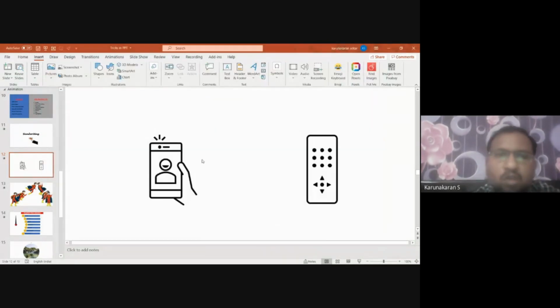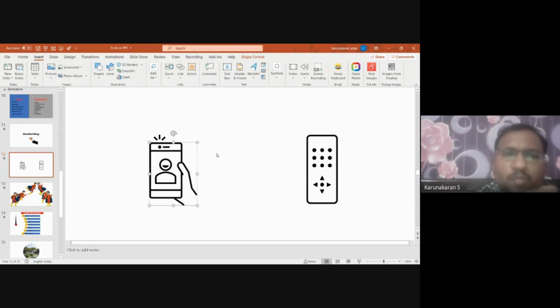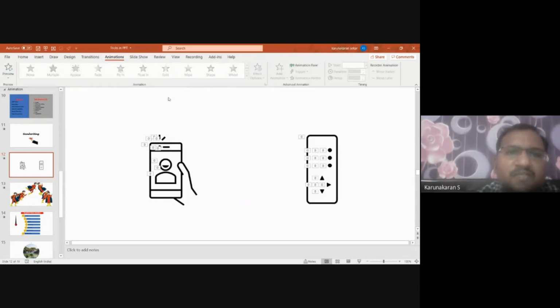After placing it, you can select it. Actually, it will be a single image. After selecting it, if you right click, you can ungroup them. If you click on the top of that, you'll have an option called ungroup. Now I have ungrouped everything, so it doesn't show that. After ungrouping them, if you apply an appear animation, in animation you'll have appear and fade. When you apply that animation, it will show as if you are drawing it one by one.